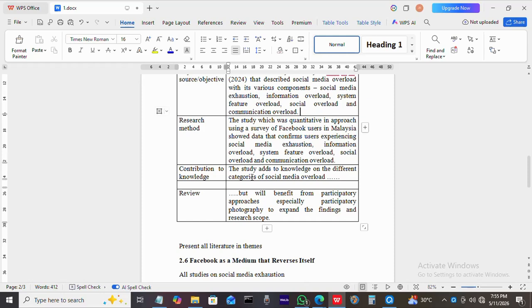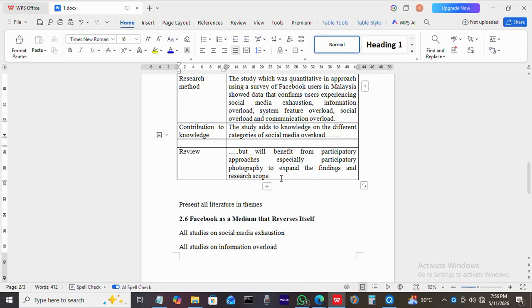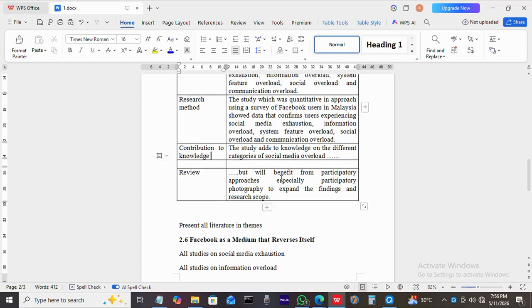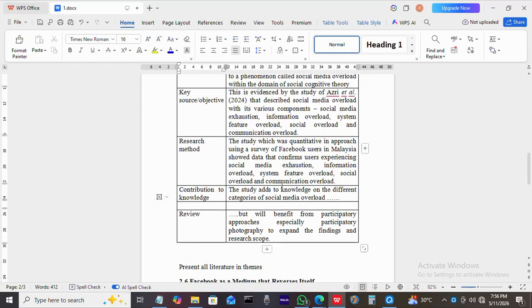Then it is key: what is the contribution to knowledge? We are not criticizing, we are not downplaying. Let's acknowledge what the person has done. What is that contribution to knowledge? This study adds to the knowledge on different categories of social media overload. Then: the review, but will benefit from participatory approaches, especially participatory photography, to expand the findings and research scope. So this is what your own study wants to do. If the study used a quantitative approach, you want to use participatory photography as an approach. So this is how you write your